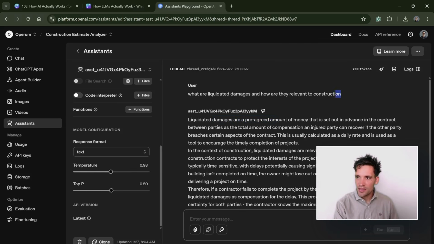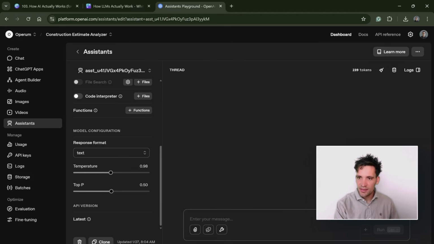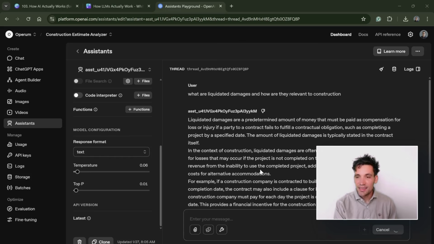Now, if I do another test where I go to the lowest temperature and the lowest top P and run that same prompt again, it's actually giving me quite a similar answer to the last one, because liquidated damages is just a standard term, so it's reciting a definite definition. But you get different results if you ask it to write a short story at the lowest and highest temperature. In principle, if you're brainstorming, you want more creativity. If you're extracting something from text, you want the lowest temperature and randomness,